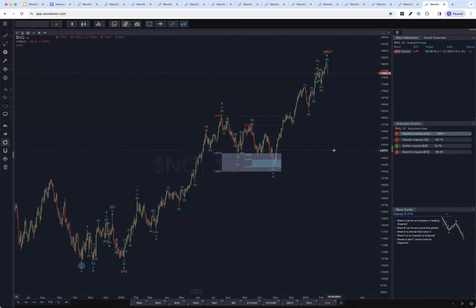Let's see, anything else I can jump in on really quick? How do I know when wave 1 is confirmed? Well, you can use the same process that I just walked through with the Nasdaq, looking for the top of wave 3. What you're going to be looking for are the